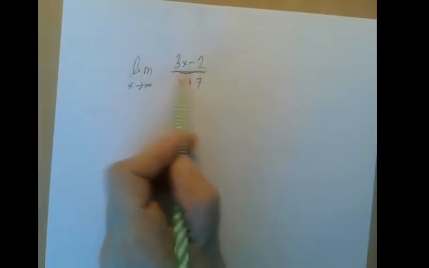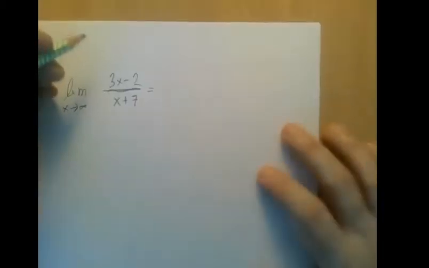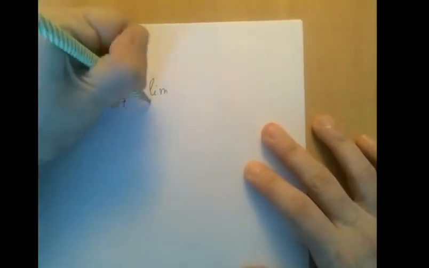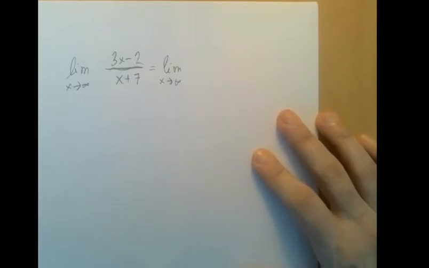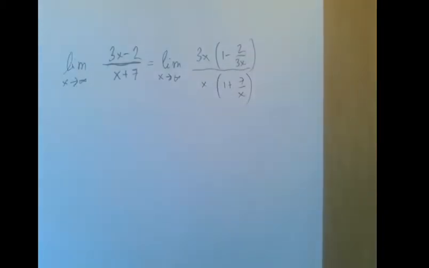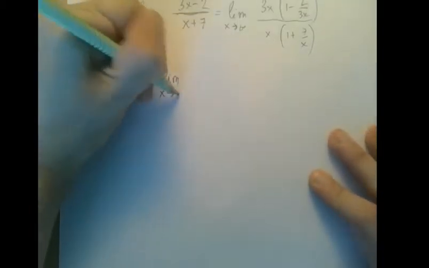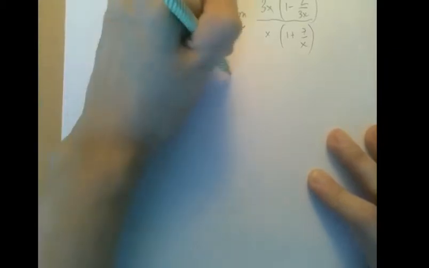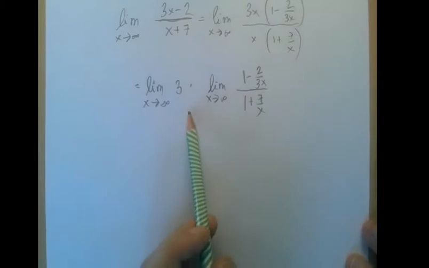You're going to see probably a lot of these. This is the smallest, cutest little rational function in which both numerator and denominator are linear. And again, if we just apply the same technique, namely factor out the leading term, it's going to do the trick. So we factor out 3x from the numerator and x from the denominator, right? And now x cancels out, so what we have is the limit as x approaches infinity, 3 times the limit. Now we can write the limit of this product as the product of the two limits,